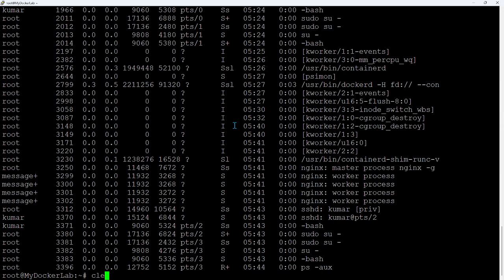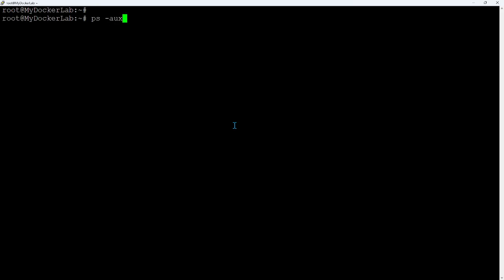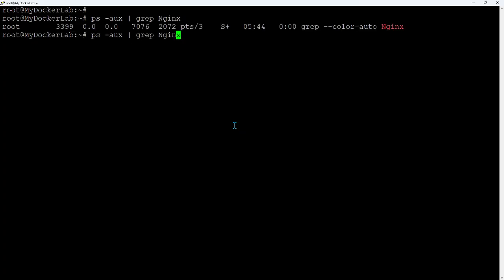Fine. All right. I want to run the same command again, but I want to filter. The filter is grep. I want to grep only those processes that are running with the nginx name. Okay, nginx, right? I think grep with small nginx.